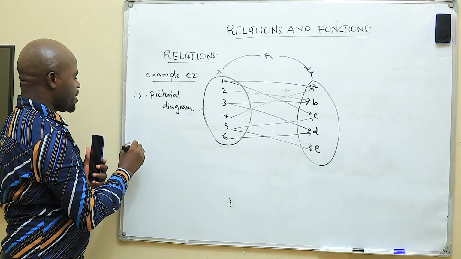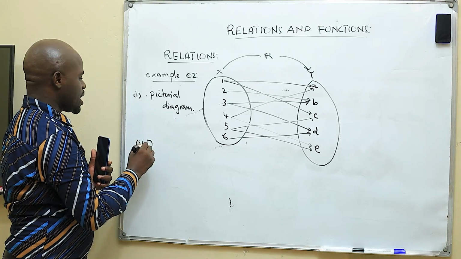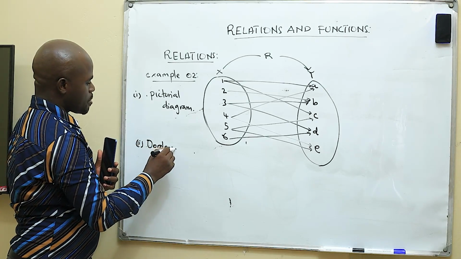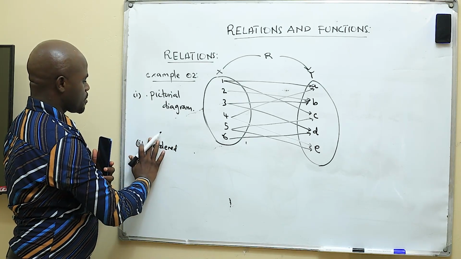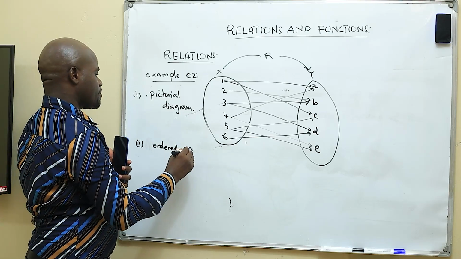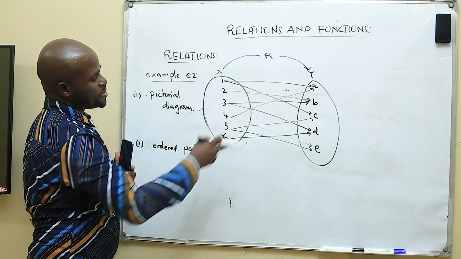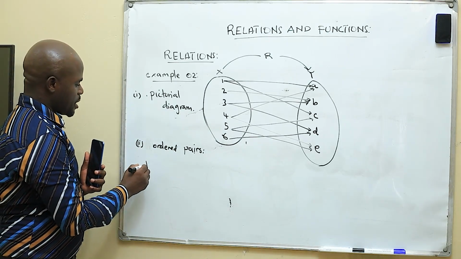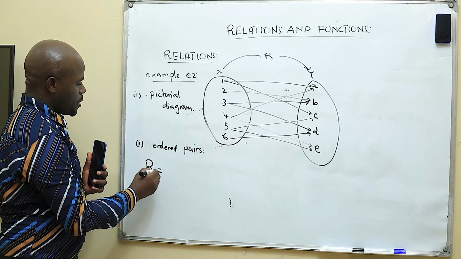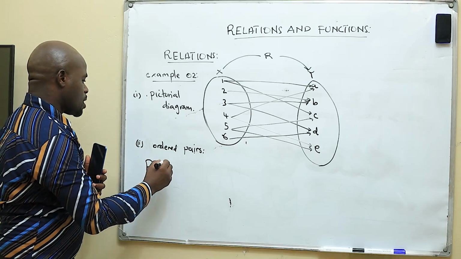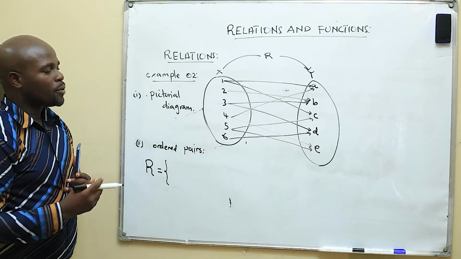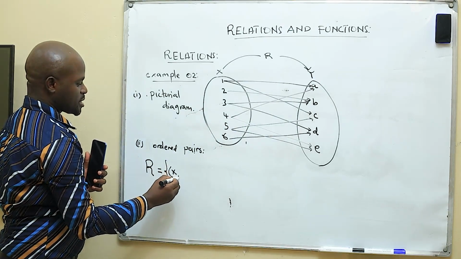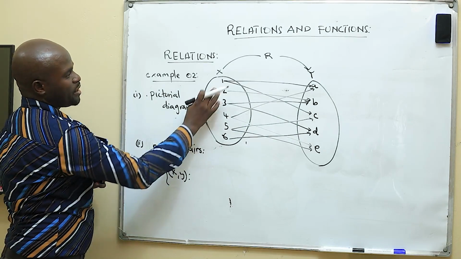Now, in ordered pairs, how can we represent this relation in terms of ordered pairs? Yes, we start with R. Now R represents relation. Relation of which sets? We have a relation of two sets, X and Y. So this is X, Y, such that we have number 1